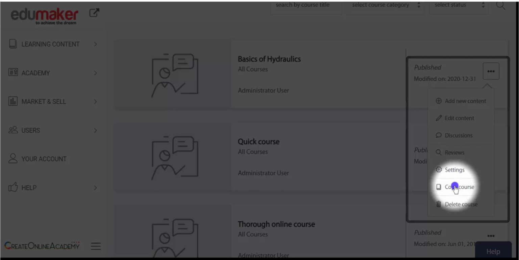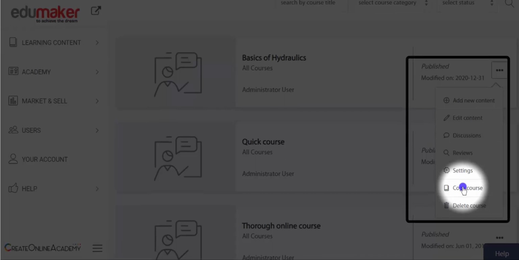Then below this comes the copy course, which will copy this course with its content and settings, which you may later on prune and edit, rename it to create another online course in a faster manner, which might be having some of the learning content like that of the mother course. This functionality is good for creating courses from chunks of another bigger course.